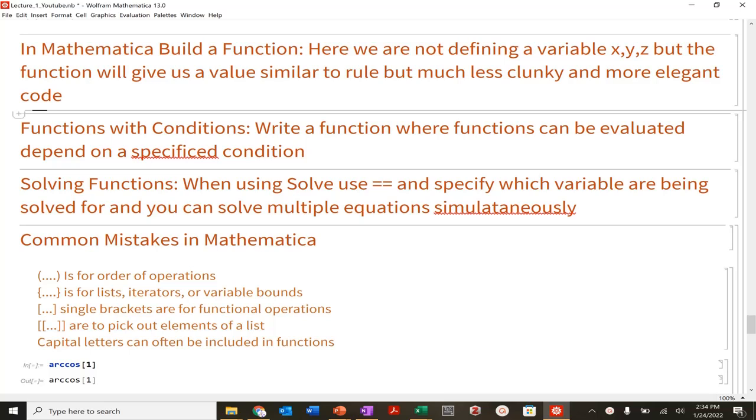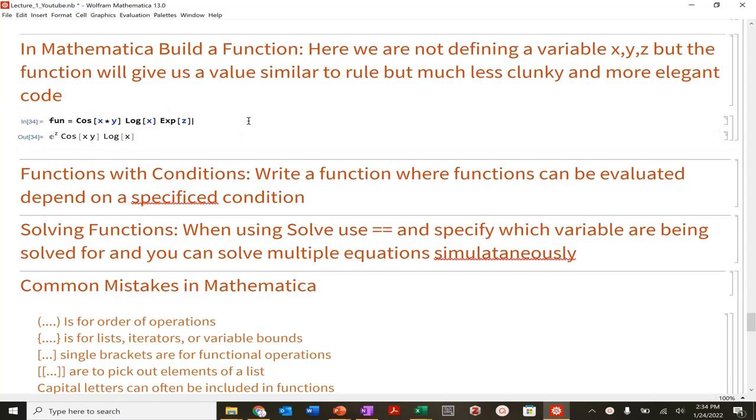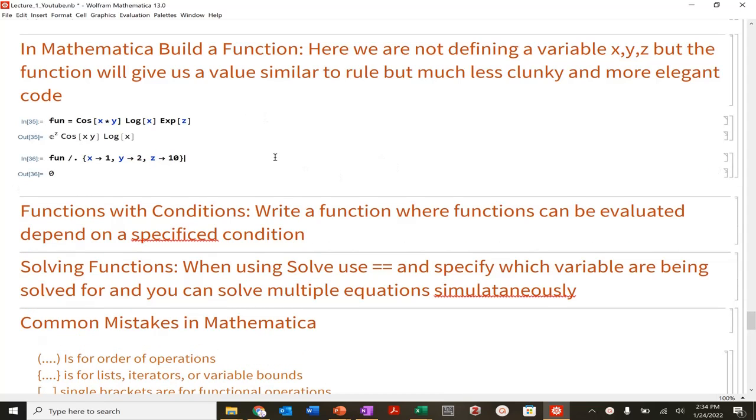And we are back. So we are going to start to learn how to write more elegant functions in Mathematica. Previously we would do function equals cosine of x times y times log of x times exponential of z, etc. And we could evaluate this function or plot this function, and we could look at our function and then do slash dot: x goes to 1, y goes to 2, z goes to 10,